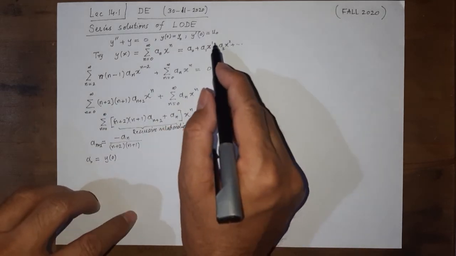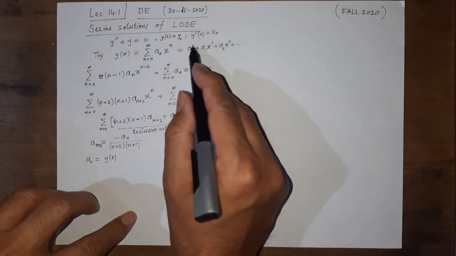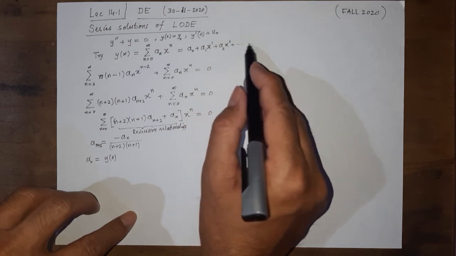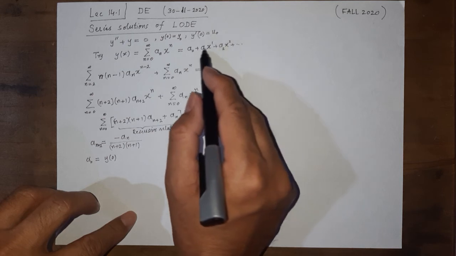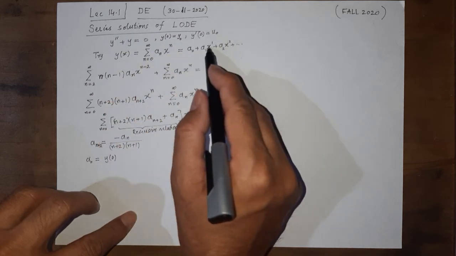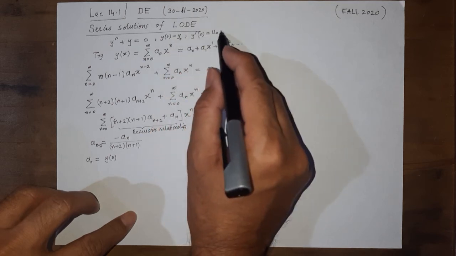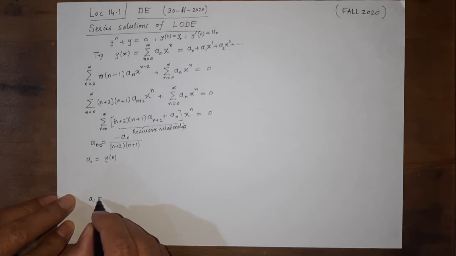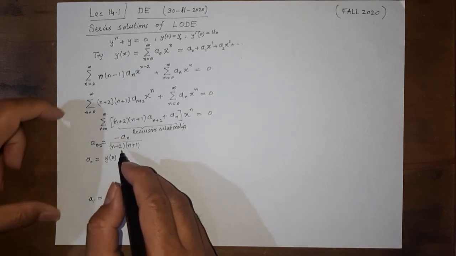And if we take the first derivative of this series, the first term becomes 0, and we get a1 plus terms involving x. So if we take the first derivative of this y and then put x equal to 0, we are going to get a1. So this is a naught and this is a1. We have a1 equal to y prime 0. So we already know what a naught and a1 are.